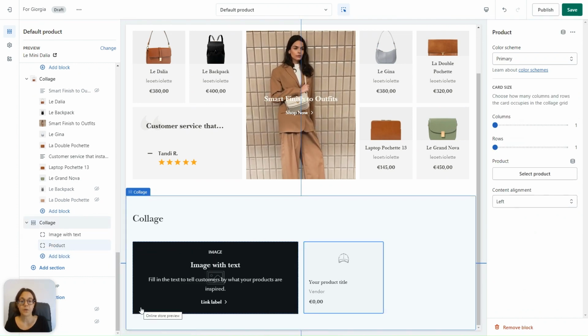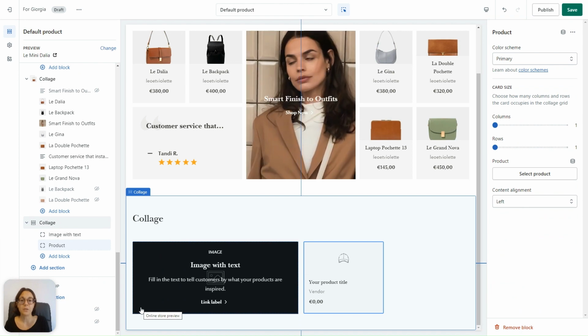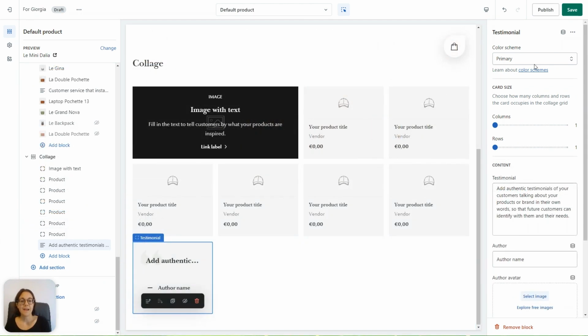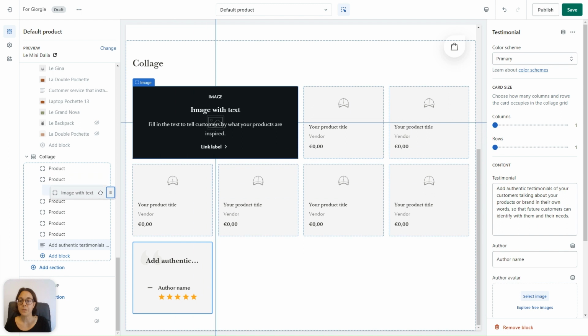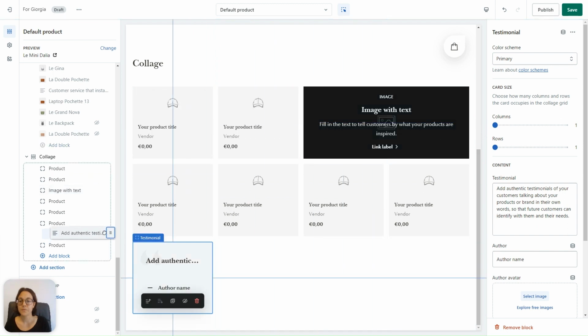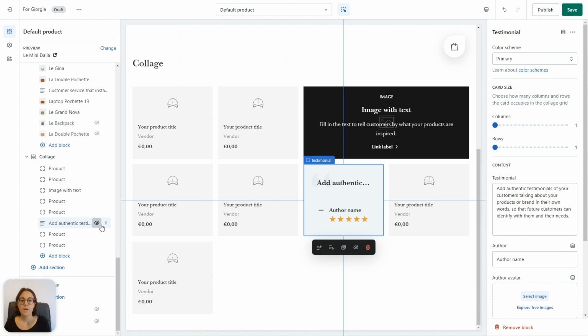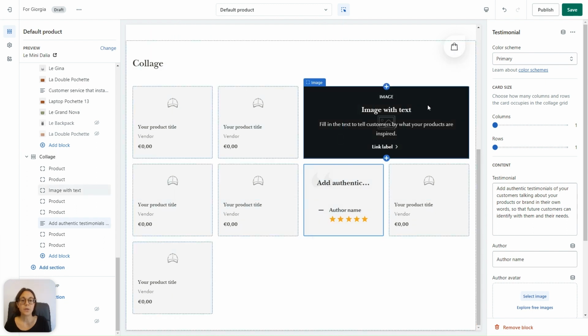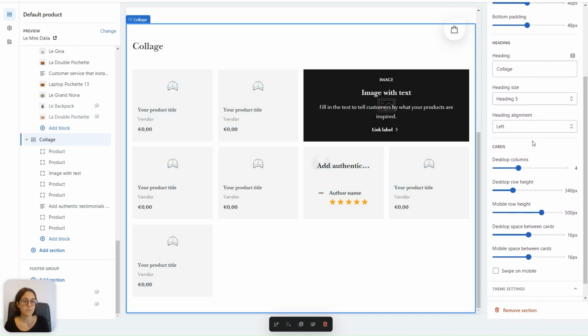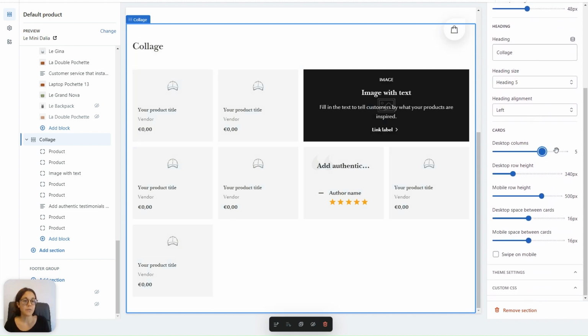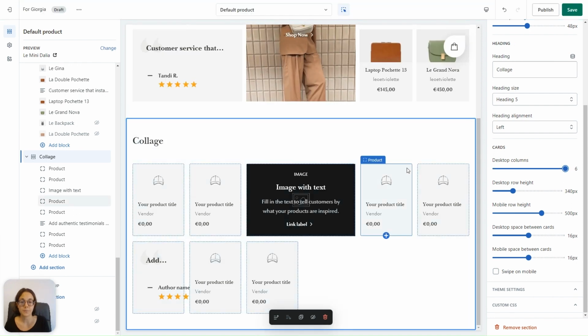This is my first product card block, and I'm going to do the same for all the blocks that I need. I now have all of my blocks, so I can position them where I prefer in the collage. So I'm going to move them. And now I'm going to add 2 more columns to my layout so that there is more space for all of my blocks. So I'm going to go to the collage section settings